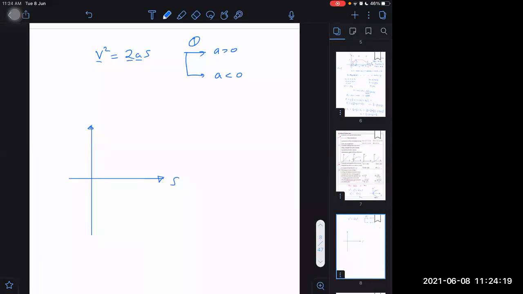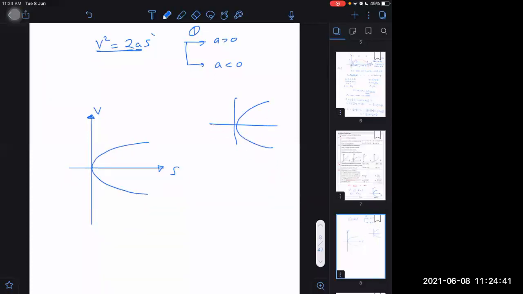This case is which side parabola? We can say S always remains positive. S will remain positive only in which case? If I have a right side facing parabola this way, then S will always remain positive, right or not? Okay. Yes, sir. Therefore this graph. Now the second graph is for acceleration negative. If acceleration is negative, then displacement will always remain negative. So let me plot the second one.